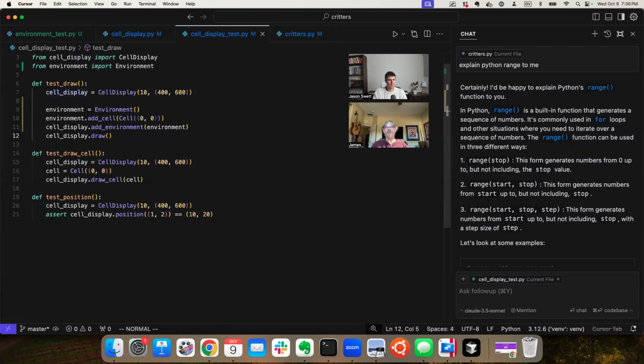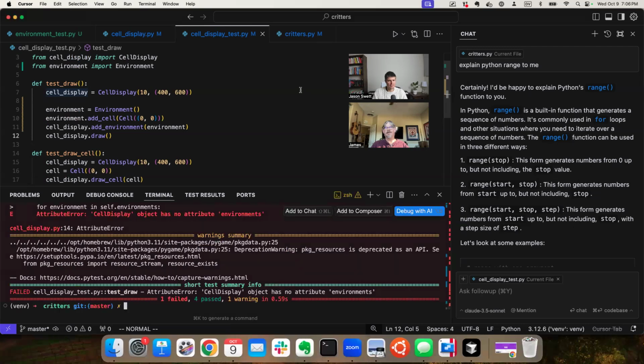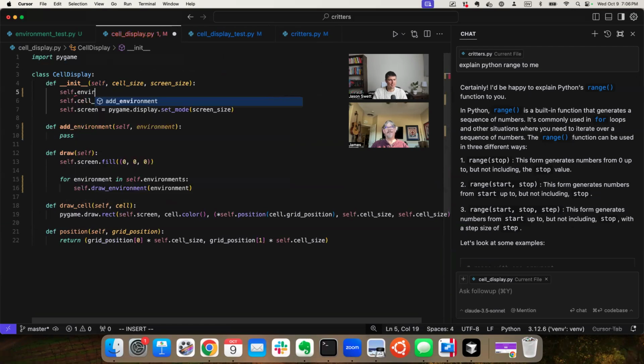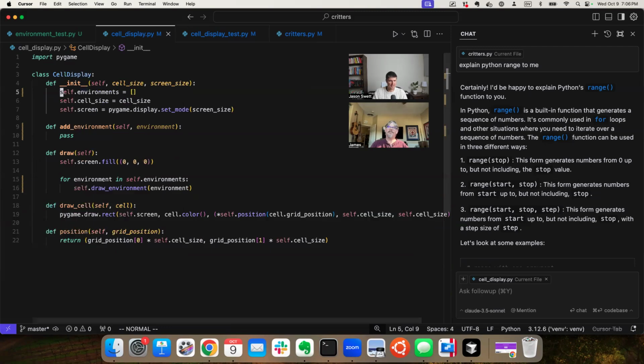And then go through the cells and draw the cells. Cell display object has no attribute environments. Not surprising. Self.environments equals empty array. Okay, everything passes,